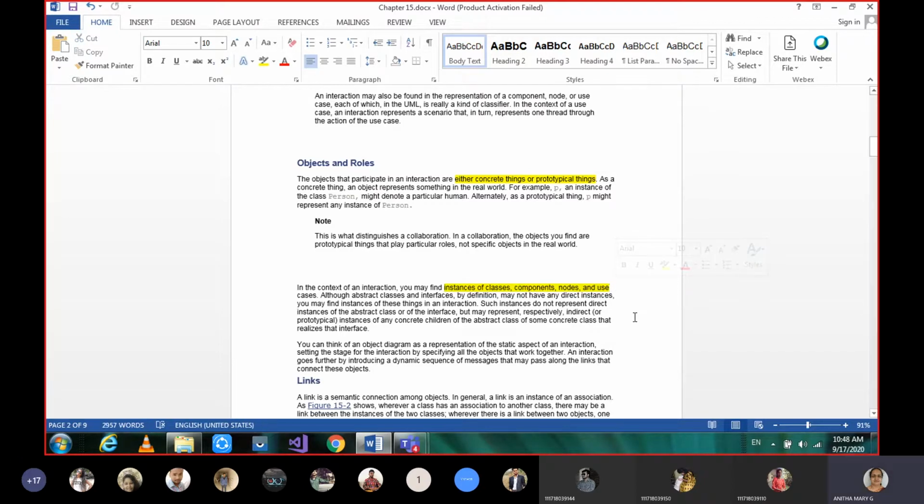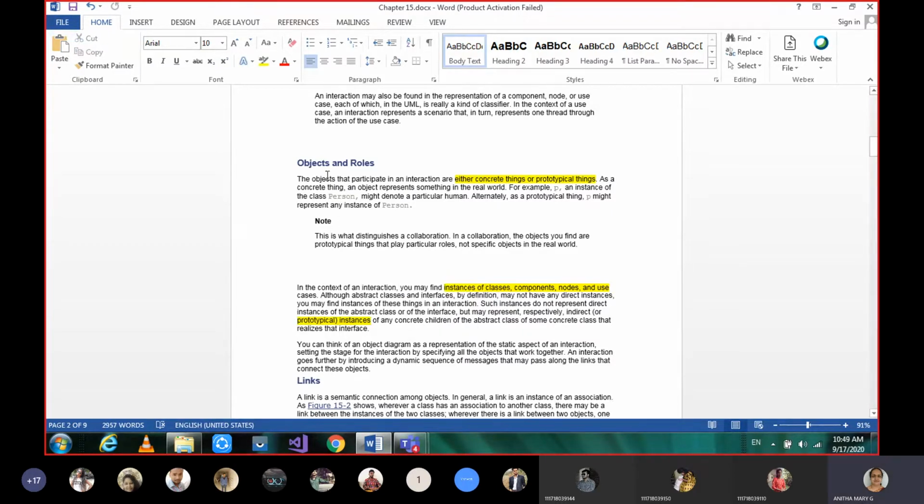Okay, so this is the other instance. Although abstract classes and interfaces do not have direct instances, they represent indirect instances of any concrete children of the abstract class, or some concrete realization of the interface. So that means it's nothing but prototypical instances.